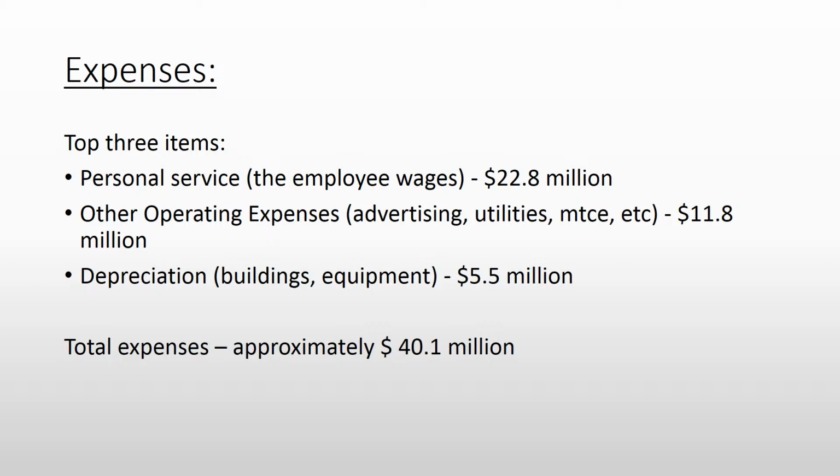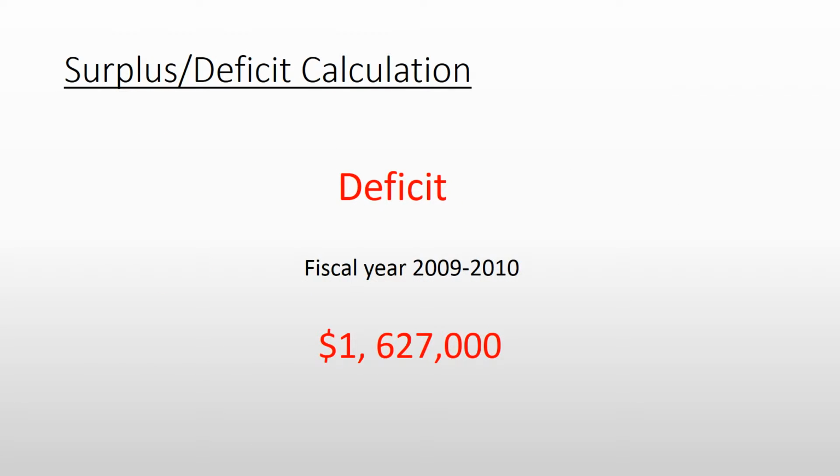The expenses included personal services, which includes employee wages, which was around $22.8 million. Other operating expenses, such as advertising, utilities, and maintenance, was around $11.8 million. Depreciation, which includes buildings and equipment, was $5.5 million. The total expenses were approximately $40.1 million. Deficit for the fiscal year of 2009 to 2010 of